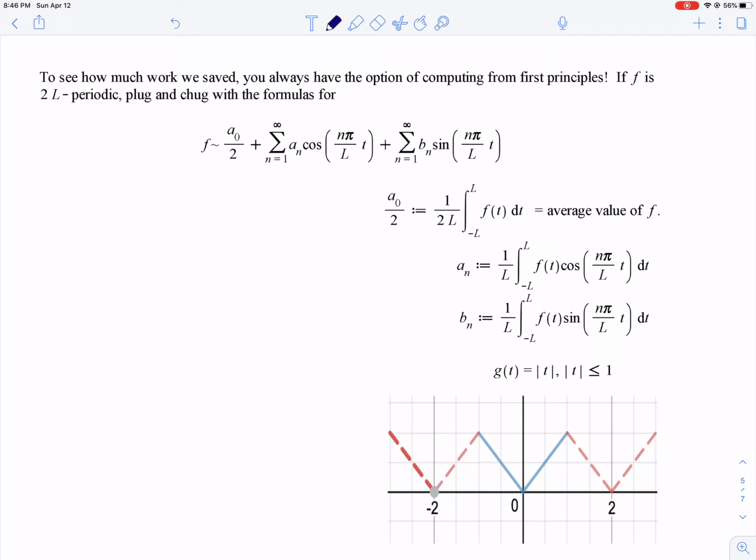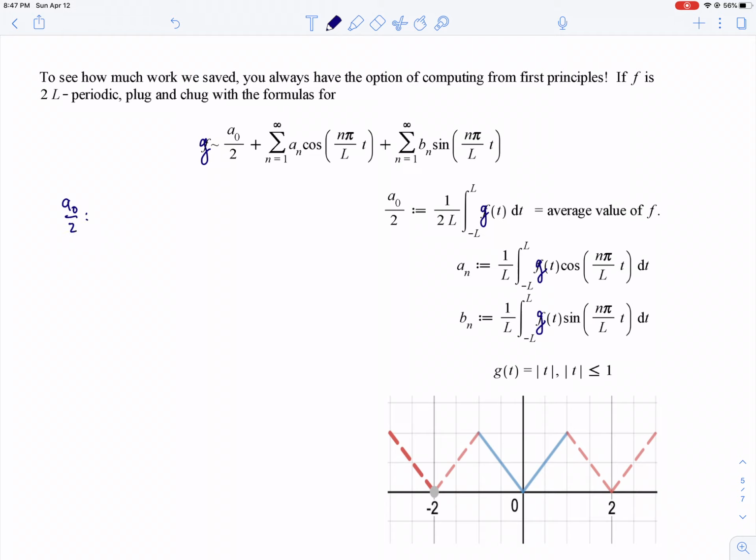A naught over 2, and here we're doing it for g, which was our period 2 tent. I'll just call it g. And g of t was absolute t from -1 to 1. So A naught over 2